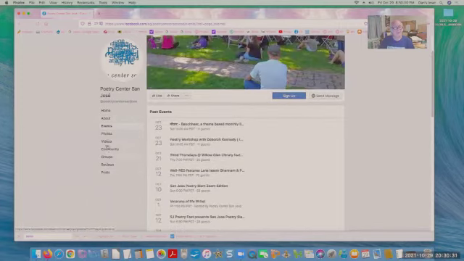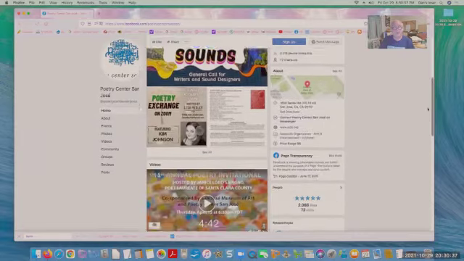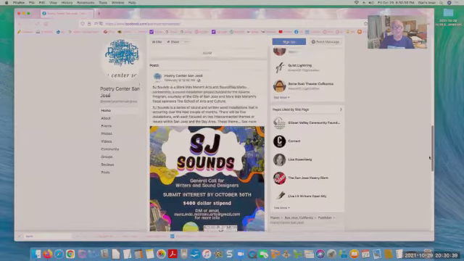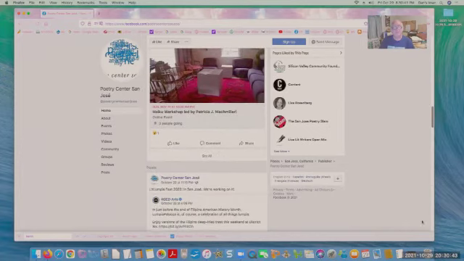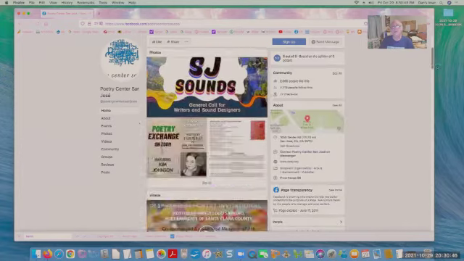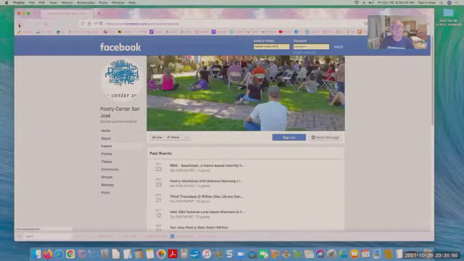And of course, there are ways of communicating with them, sending them messages. These events are ongoing and have been active for a long time. If you know how to Facebook, you know how to communicate that way.